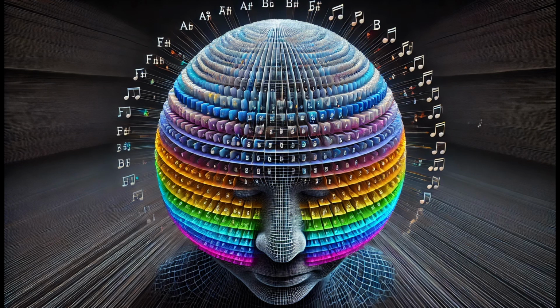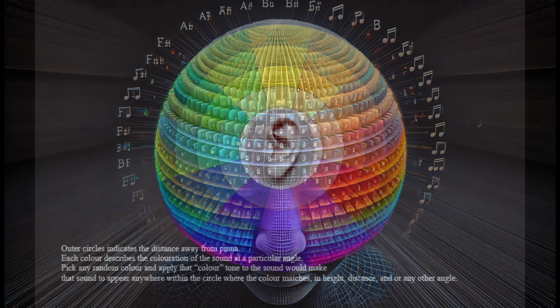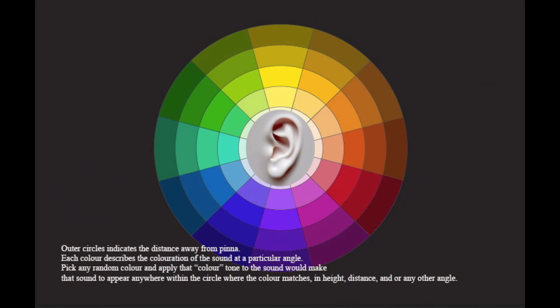I've been playing about with ChatGPT with this particular concept, and it's coming up with some incredible artworks. They're a little bit not quite right. We've been messing about with musical note tones, colour wheels, the Munsell charts and stuff like that, and just sort of throwing ideas at ChatGPT just to see what it comes up with. But my first colour wheel with the ear inside it is basically what I'm hoping ChatGPT will come up with